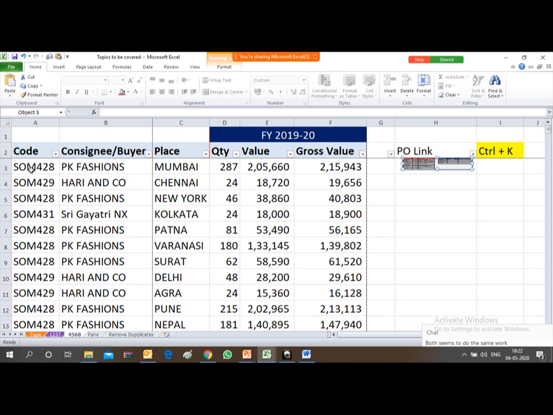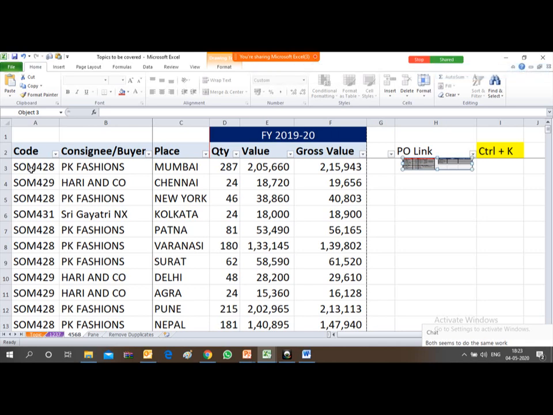Friends, identification is again a part of conditional formatting, or there is a formula called COUNTIF. So by these two options, we can identify if any duplicate values or duplicate data are appearing in a table, in a column, or in a row.